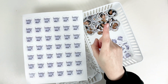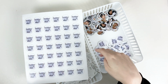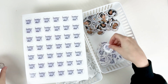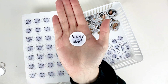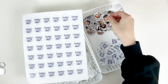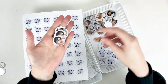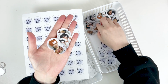And I decided that I wanted to do double-sided, so that means I had to cut out double the amount of photos for each of the keychains. So on one side I have this little Home is Skiz design, which I thought was really cute, and then on the other side will be each of the members' photos. So there's Han, there's Hyunjin, there's Ian,